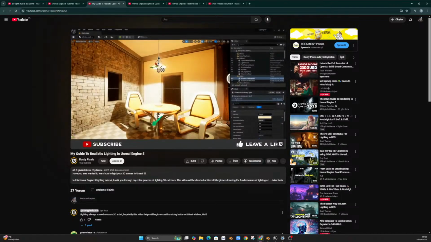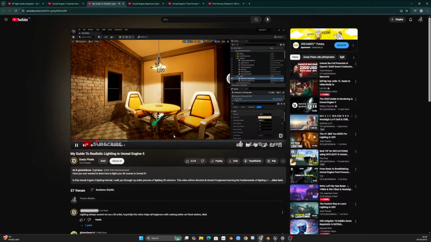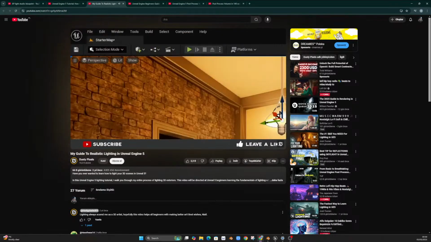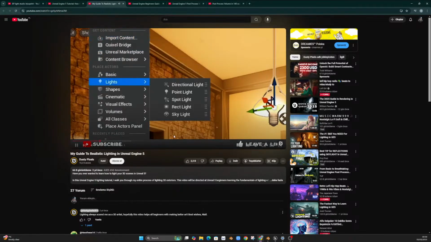Point lamps are a type of light source in the Unreal 5 engine that emit light in all directions. They are useful for creating localized sources of light, such as desk lamps or light bulbs. To create a point lamp, in Unreal 5, open the Unreal editor and navigate to the actor component panel. From here you can add point lamp components to your scene by clicking on the add component and selecting point